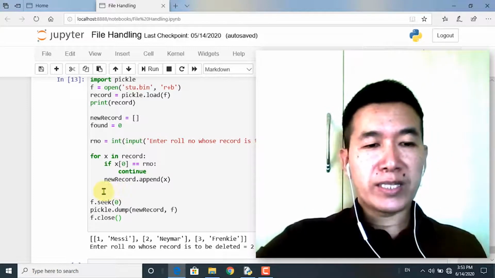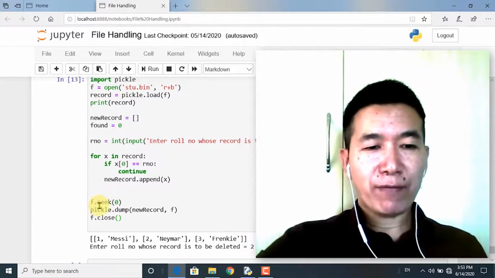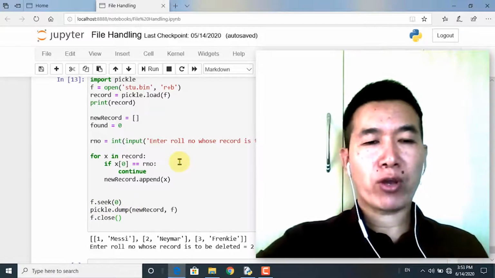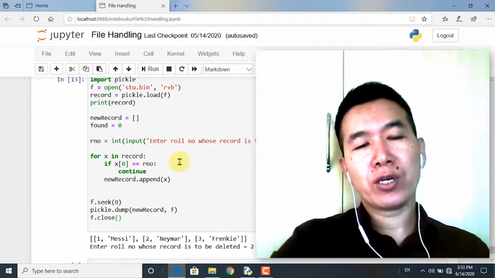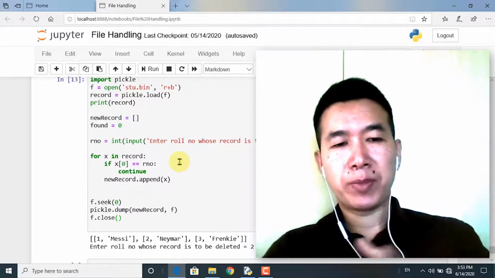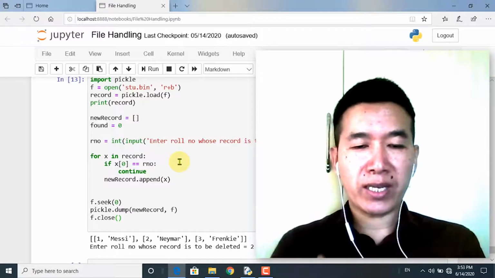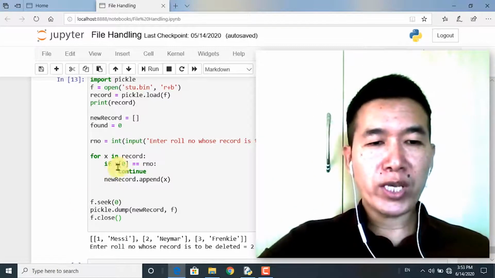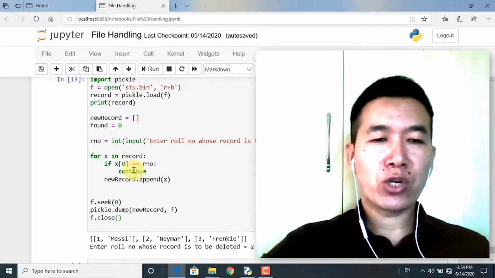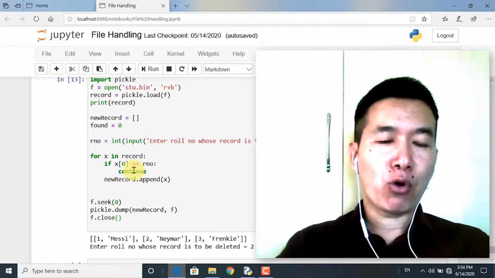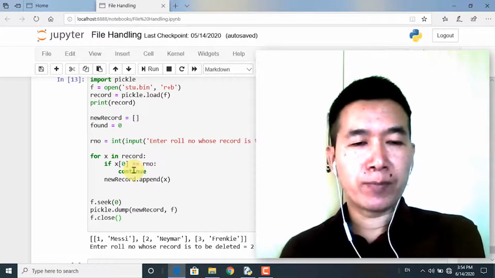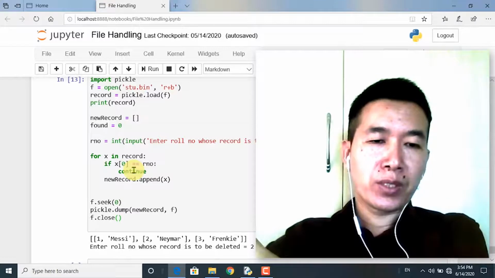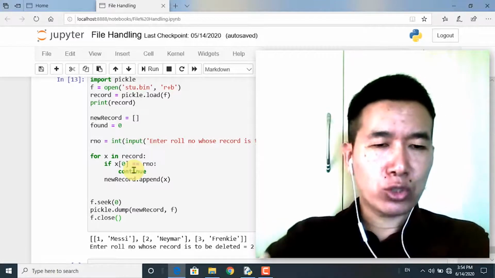So, and then get on with the next statement, f.seek 0. As a result of for x in record, the file pointer has been moved down the file. It's been moved from the first element to the second element to the third element. So at the end of all three loops, the file pointer would be pointing at the end of the file. So from there on, if you carry out the dumping process, regardless of any changes, nothing is going to happen,